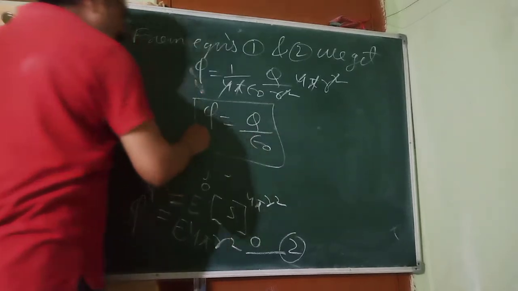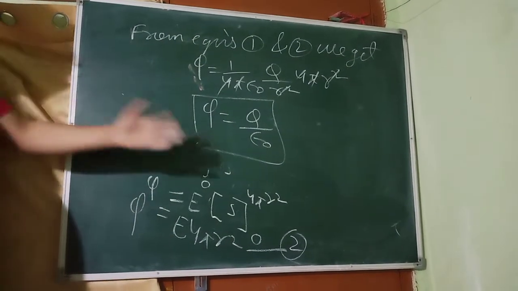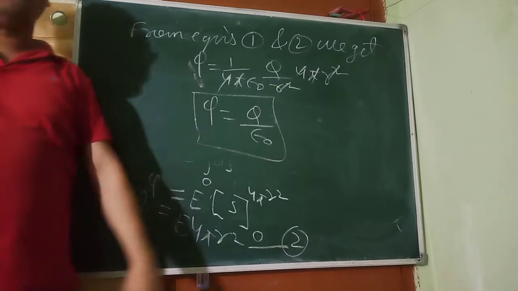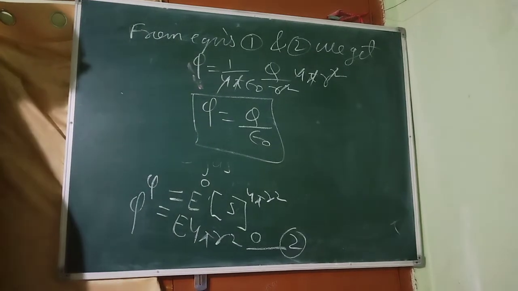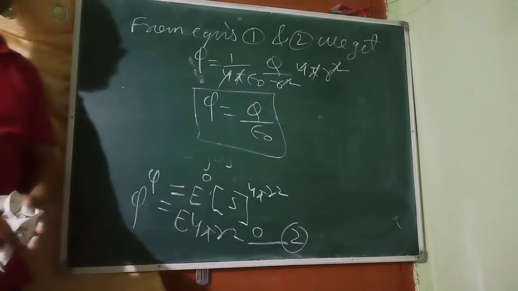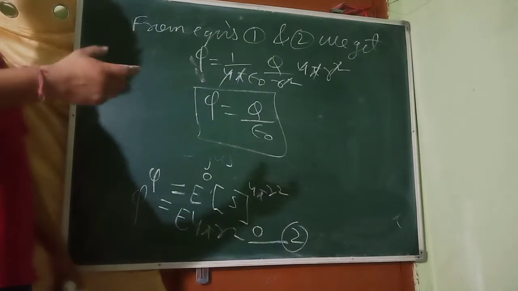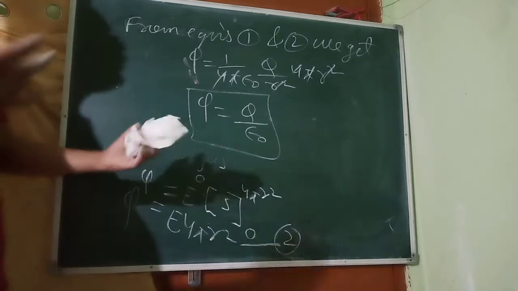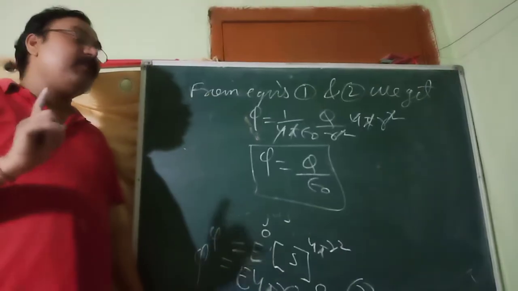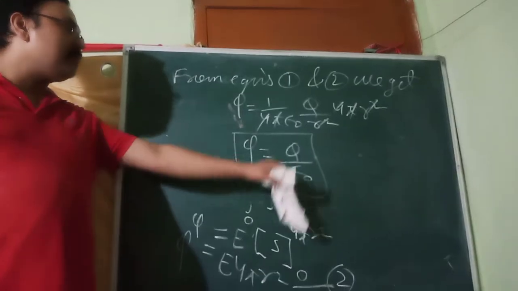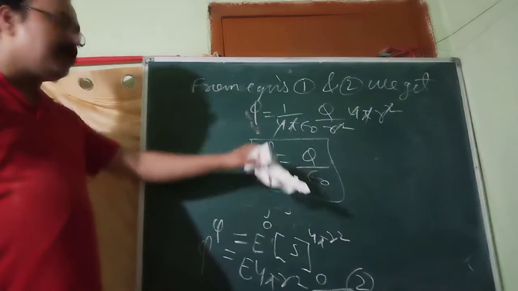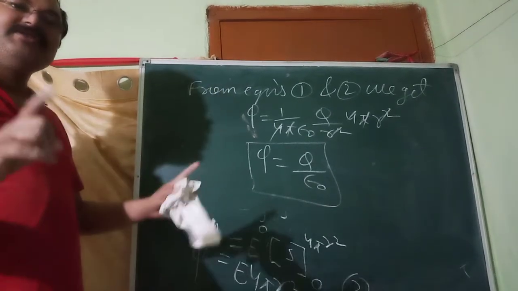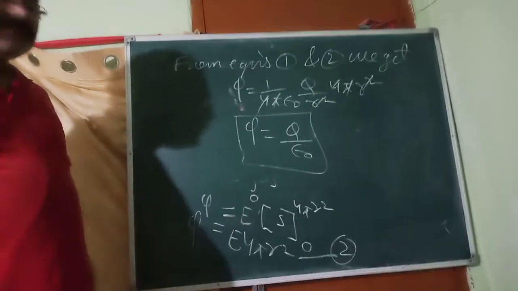Now it is proved. Okay, and we can see here it does not contain the term radius at all. So it doesn't depend on the size of the closed surface. Either you are keeping the same charge in a small enclosed surface, or in a large enclosed surface, or a rectangular closed surface, it doesn't matter. Net flux through that surface will always be the same, and that is q by epsilon naught. That means it will depend on the charge only and the permittivity of the medium which is there inside the closed surface. Okay.